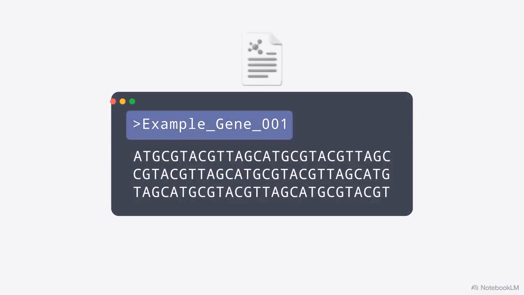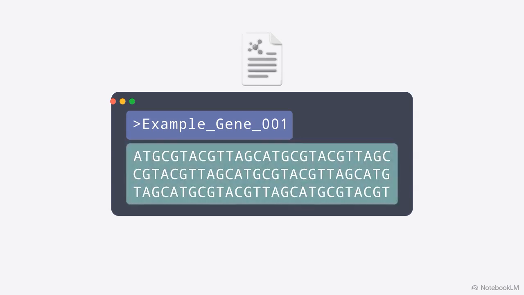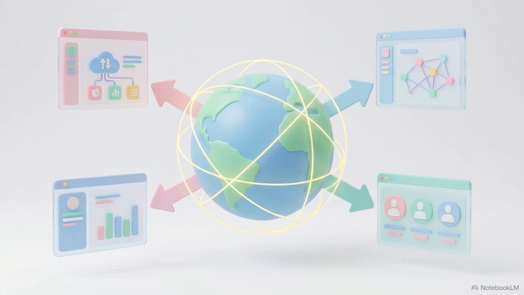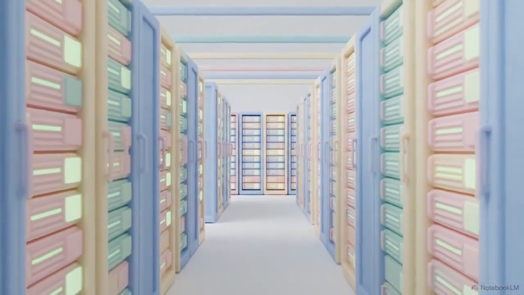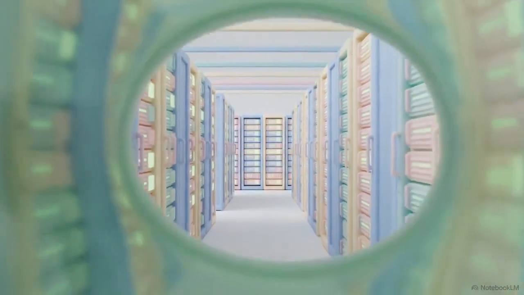The first line is a simple identifier starting with a greater than symbol. The following lines contain the actual biological sequence data. These universal formats ensure that biological information can be exchanged and analyzed by different software tools across the global scientific community. Reversing the journey shows the complete pipeline, from the digital record back through the database to the DNA inside